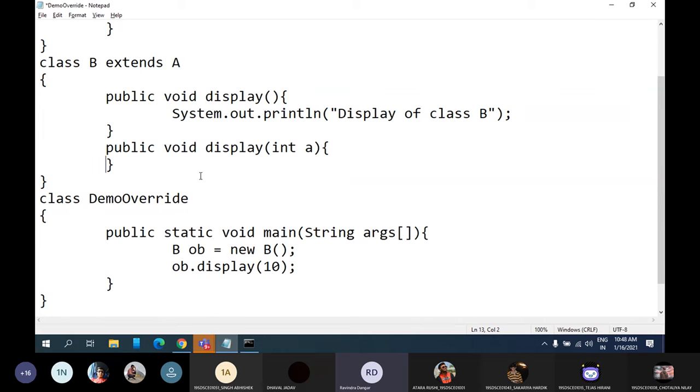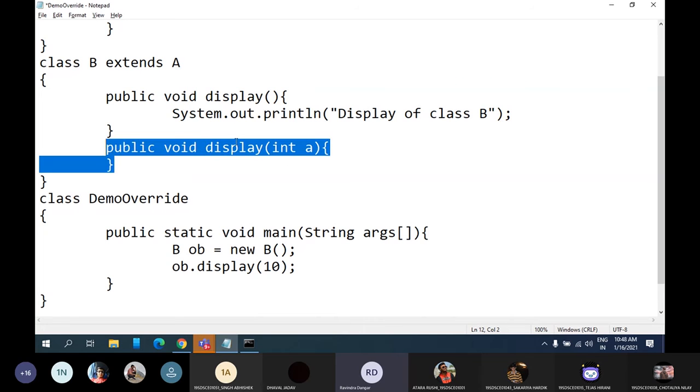Here, as soon as I declare the method and I pass the parameter while calling the method, you and JVM both may have an idea that it will call this display method only, where there is one parameter. So this can be done at compile time only. You don't need to wait for execution of the program. But in case of method overriding, it will be during runtime only, and that is why it is known as runtime polymorphism. Ultimately, both are polymorphism only, but method overloading is compile time and method overriding is runtime.